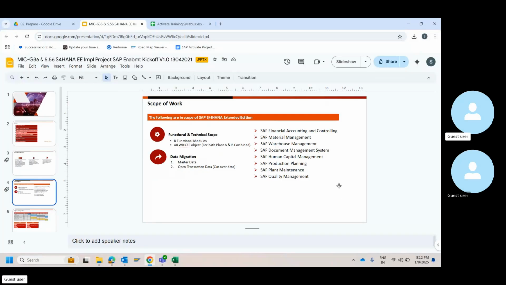Whatever is in your project charter, whatever is in your project management plan and project plan, these three will form the foundation to prepare the kickoff PPT, apart from the technical proposal, I mean. So you will put all the scope items, and I've said 8 functional modules, right? What are all those functional modules is listed here. I mean, whatever you see on the screen is just for your reference. This is not an ideal presentation that you need to have. This is just for your reference that we are talking about.